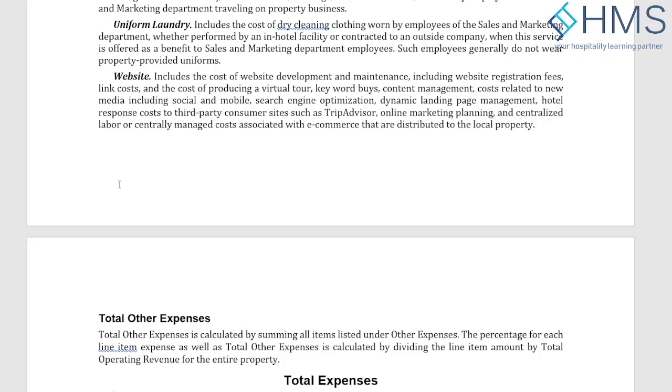Then sometimes there are landing pages. Dynamic landing page means if you come onto the website from the US, you will see a certain page. If you come onto the website from Asia, you will see another page. If you come from Russia, you will see a Russian page. So there are different pages. Sometimes you make different pages based on the interaction of the users. If you are a repeat user, you will see a different landing page. If you are a new user, you will see a different landing page.